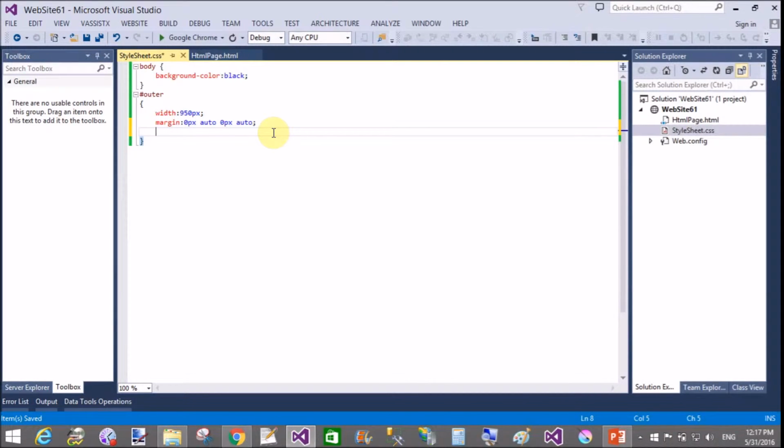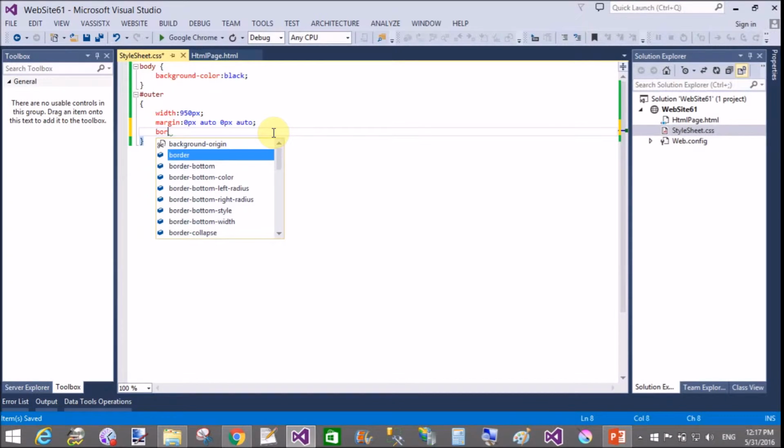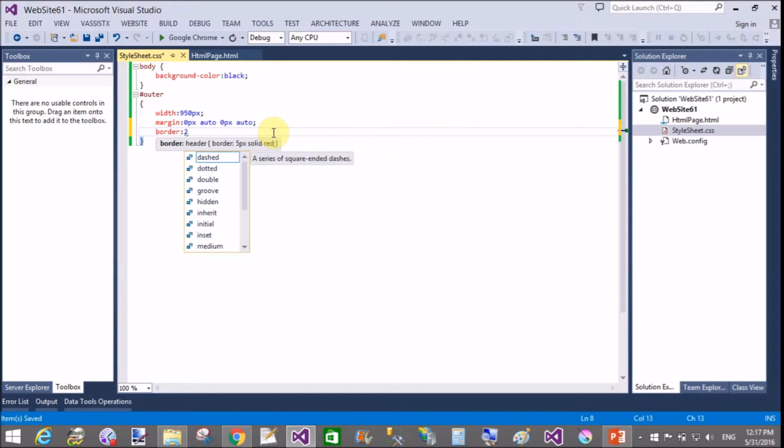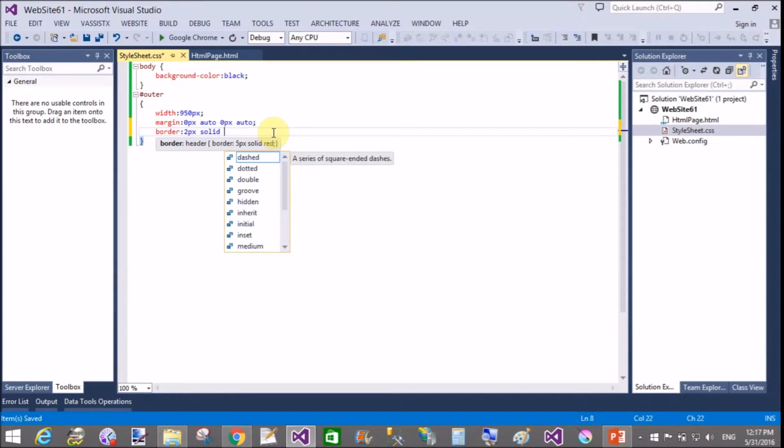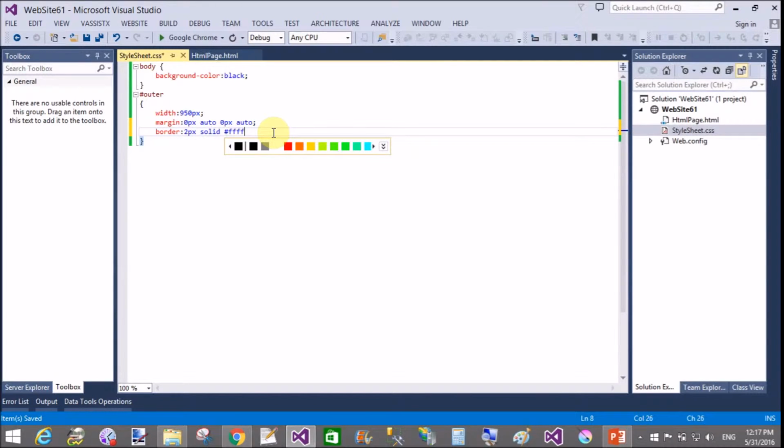I mean to say this will centralize your division. Now set the border: 1 pixel, solid type, and the color is white.